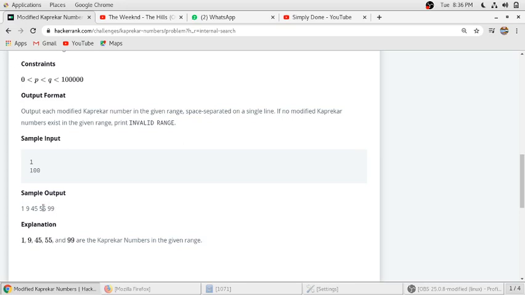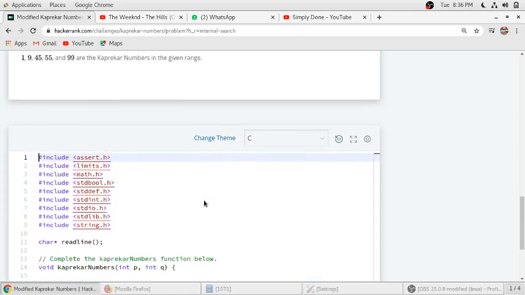If you divide it by 10, you get the first part 9, and if you take mod by 10, you get the second part 9. So we can get the two split parts of a given number, and we will use this logic to find out if a given number is a Capricorn number or not.